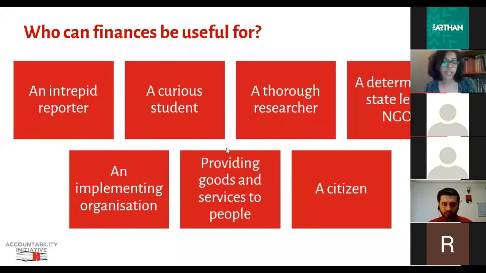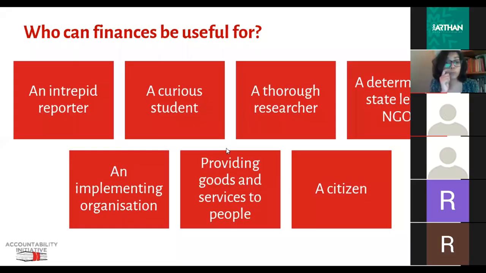On the first day, in the inaugural panel, both Nikhil Dey and Professor Joshi spoke about the importance of holding governments accountable to fiscal commitments that they make. Through this masterclass, what we want to do is help you understand how asking the right questions about money, finances, and the fund flow can help make you better